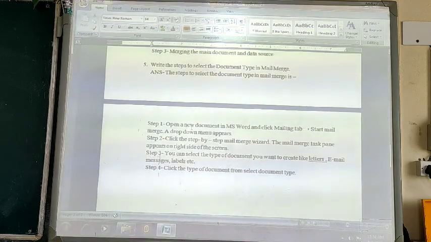So from there you can select the type of document which you want to create, whether it is a letter, email message, labels, envelopes, etc. And the fourth and final step is to click on the type of document from Select Document Type. If you want to create a letter, click on letter from the Select Document Type and move to the second step.